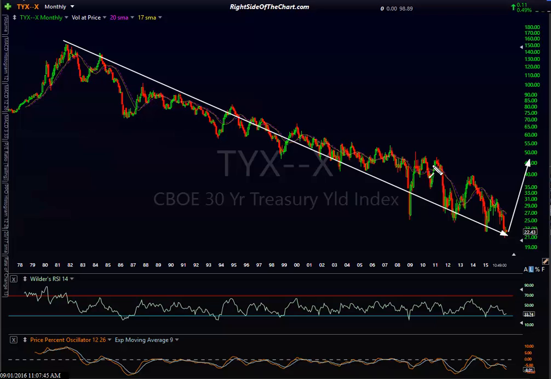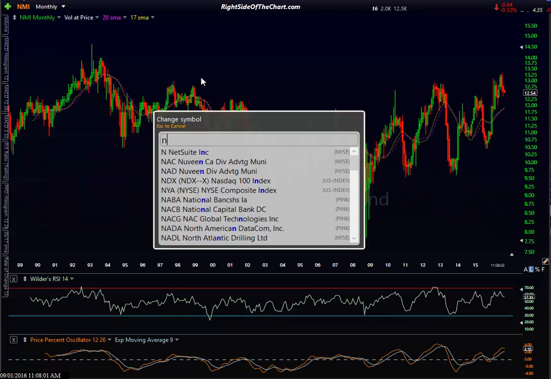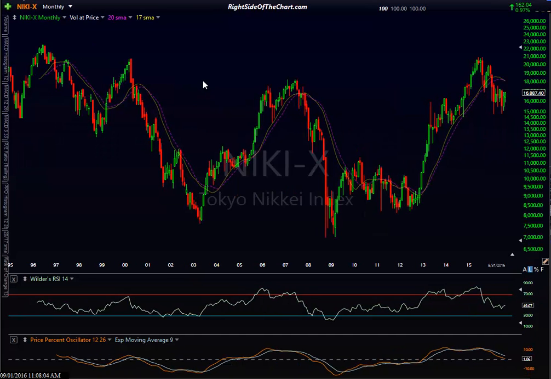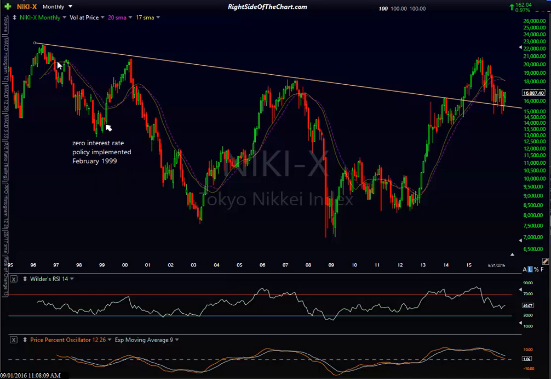What happens when we start a new secular bull market in interest rates and a new secular bear market in stocks? And for those of you that say, well, that's not going to happen, stocks always go up in the long run, Randy. Well, let's look at Japan. We all know Japan. They were really where we were years back with their credit bubble, their housing bubble, everything that popped here in this country in 2007. They implemented their zero interest rate policy back in February 1999.